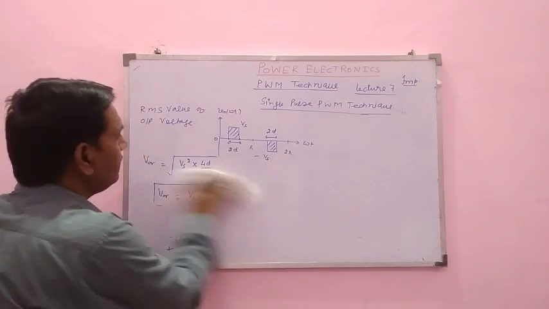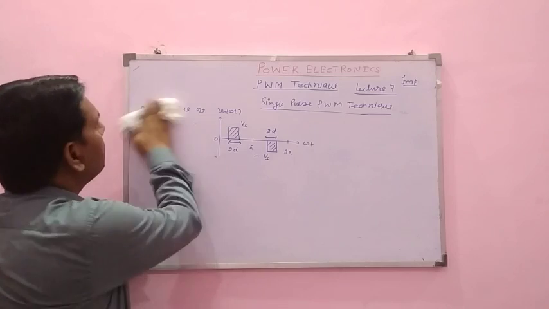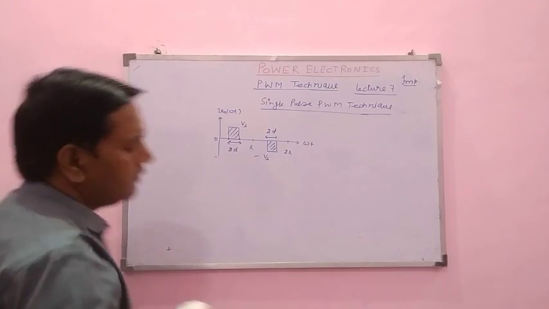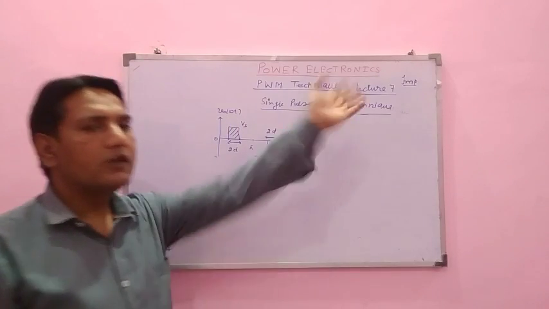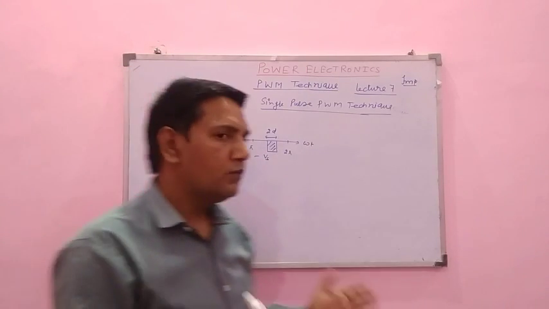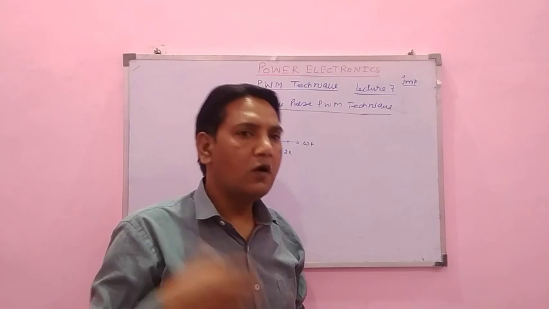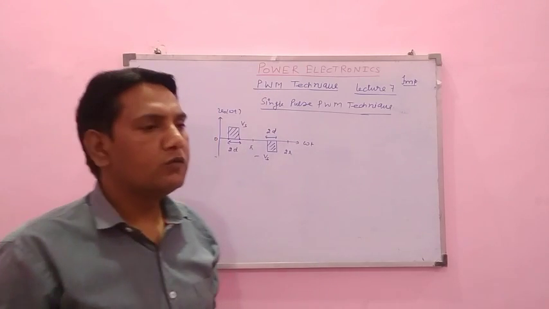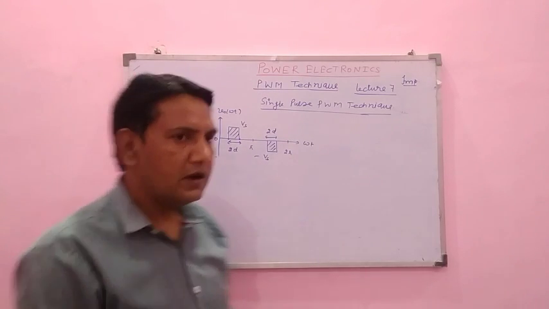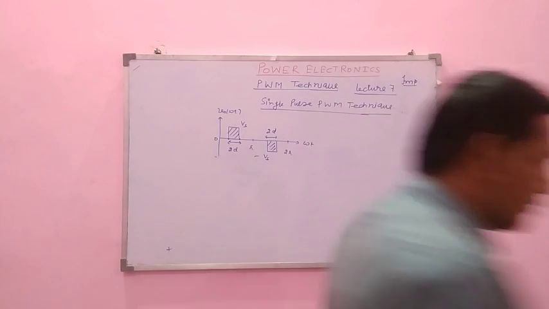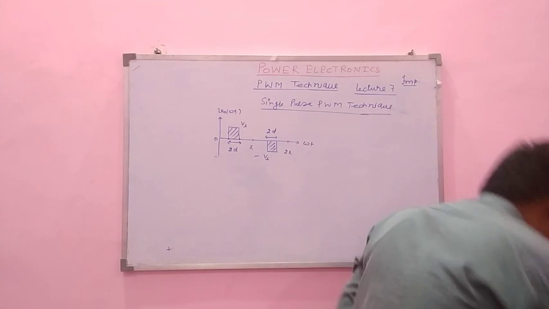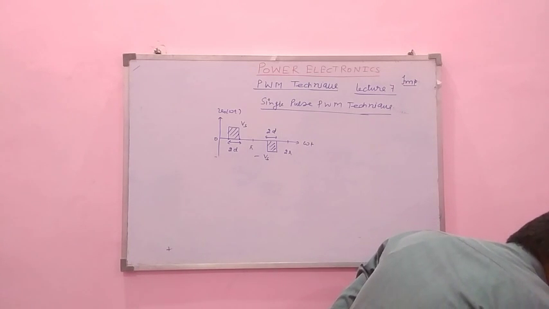analysis. What is the meaning of Fourier series analysis? Fourier series analysis हम क्यों यूज करते हैं आपको पता है. Fourier series analysis हमें बताती है कि जो आउटपुट वोल्टेज वेव फॉर्म है उसमें फंडामेंटल कंपोनेंट आपको कितना मिल रहा है और हार्मोनिक्स कंटेंट कितनी मिल रही है. So in this session we will also derive the Fourier series.